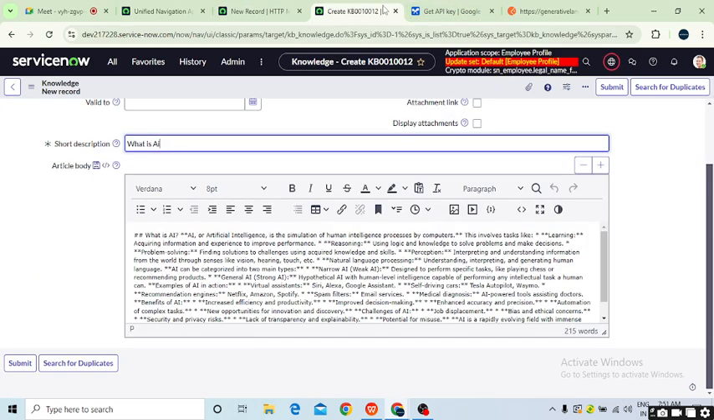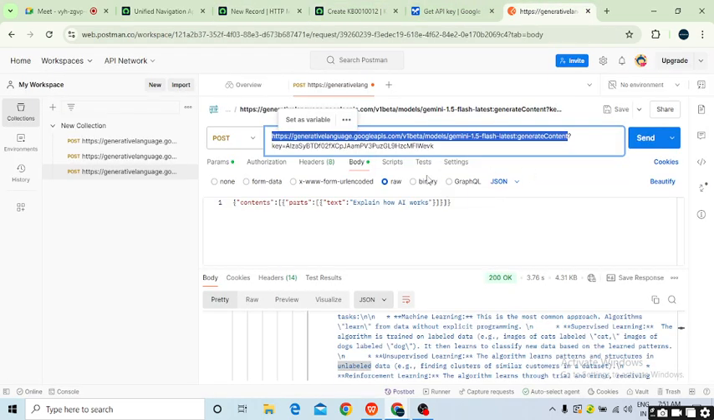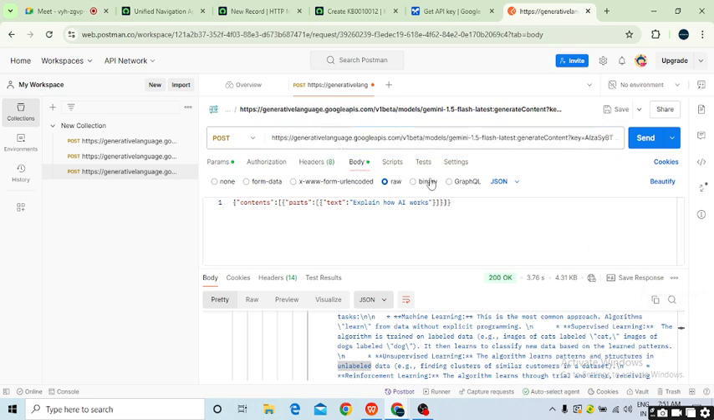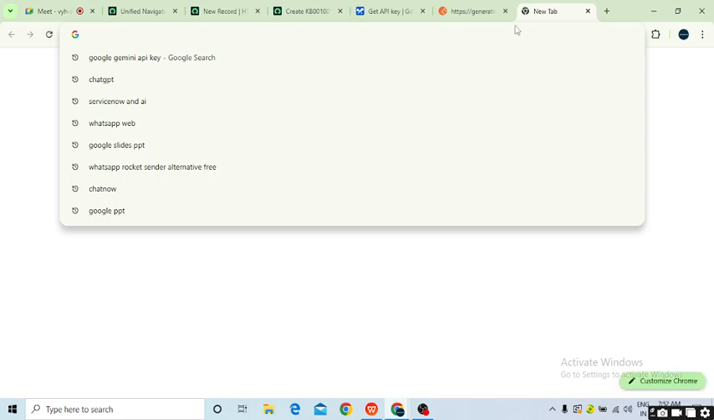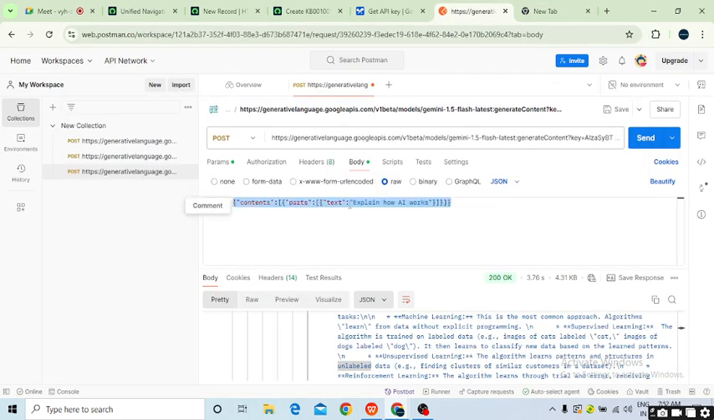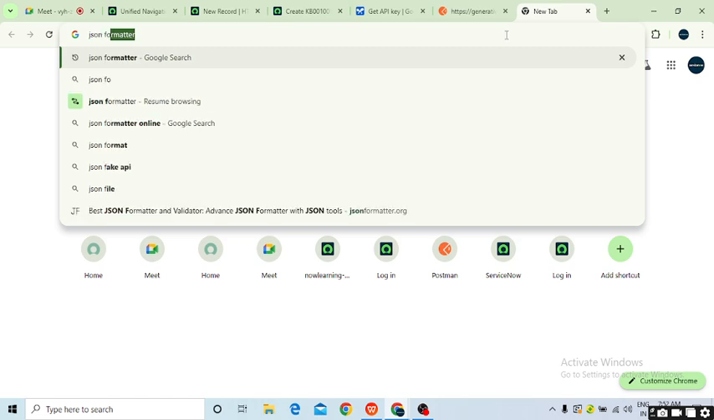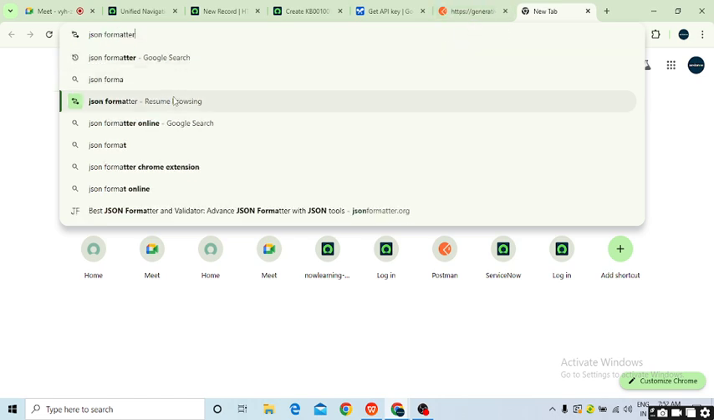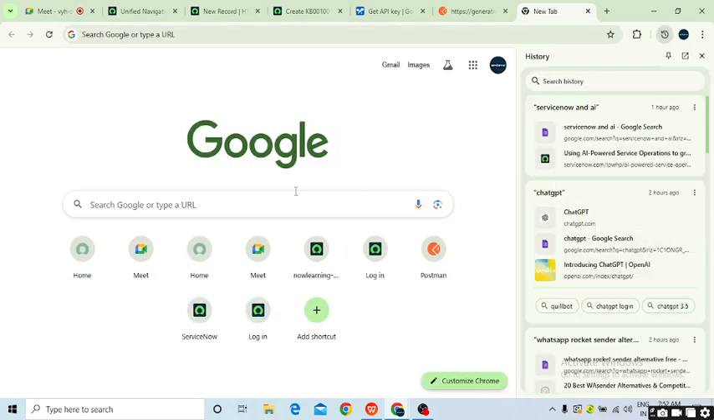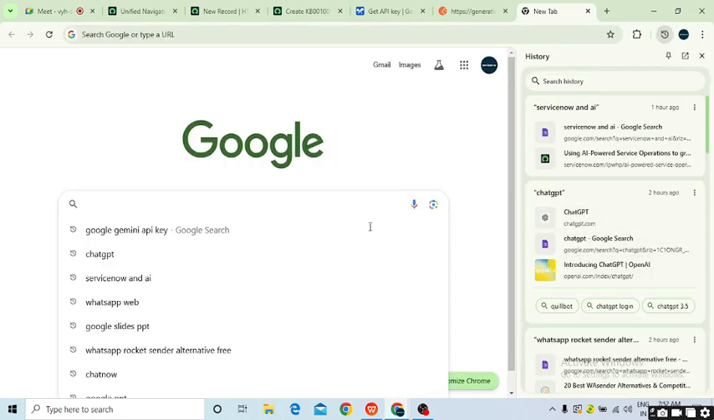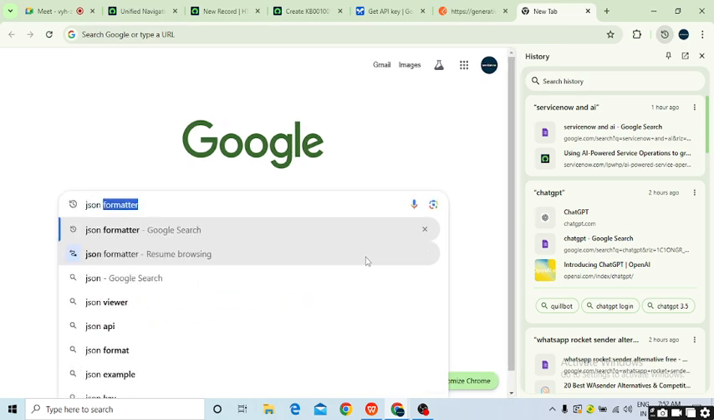Now I will send a body over here, so you can see here we have a body, right? This does not look good in JSON format. This is also JSON, it is also going with key and value pairs, but I will go with a JSON formatter. If you use a JSON formatter online,